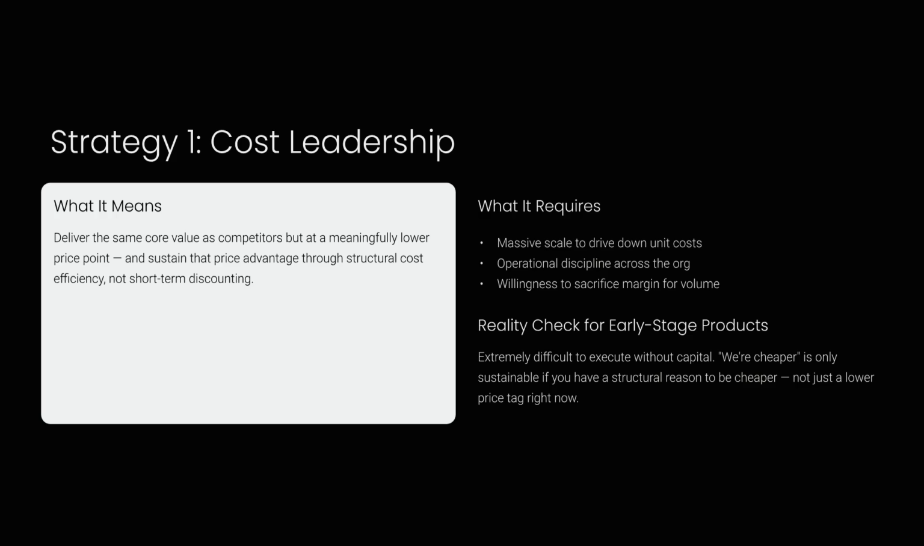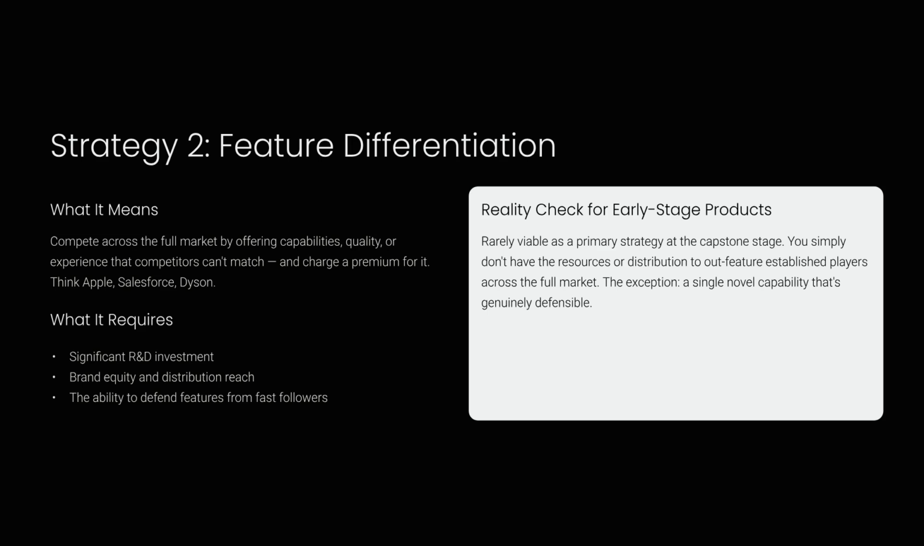This means delivering the same value as competitors at a lower price, sustained by structural efficiency. For early-stage products, this is extremely difficult because it requires massive scale and capital that most startups lack. Second is feature differentiation. This strategy aims to compete by offering capabilities or quality that rivals cannot match, often at a premium price. Like cost leadership, this is rarely viable as a primary strategy for early-stage products due to resource